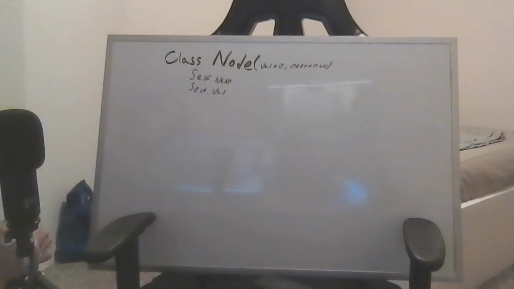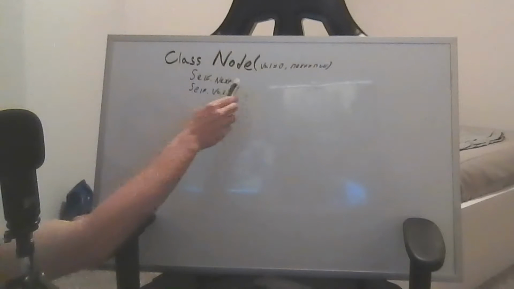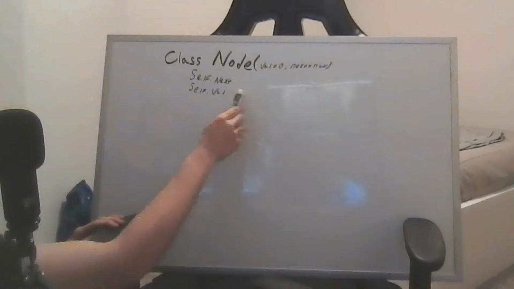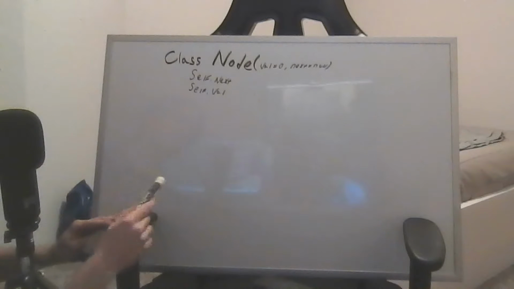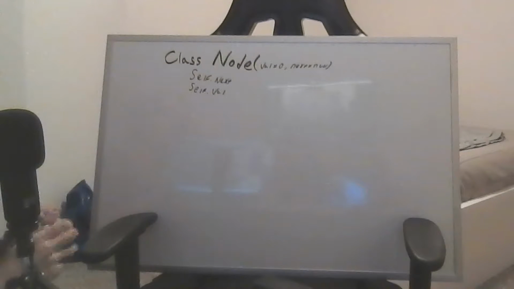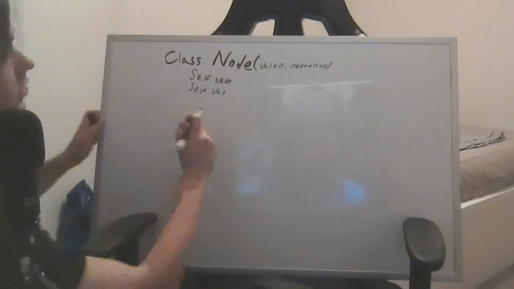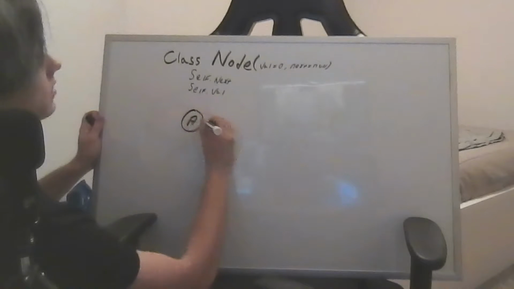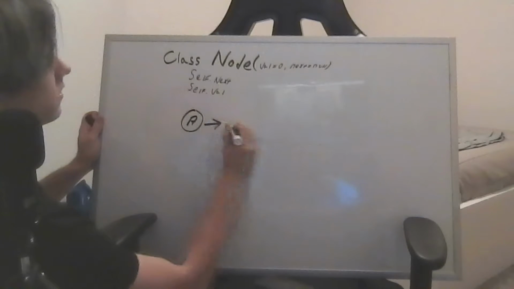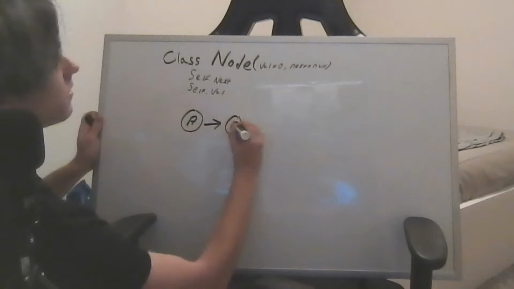So, to start off, what is a linked list? A linked list is a data structure that is built of nodes, which just have two attributes. They have a next attribute and a value attribute. So they can have any value in them. In this case, we are going to make these nodes have the values A, B,